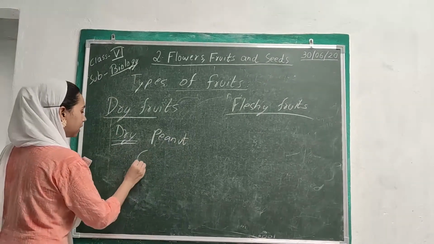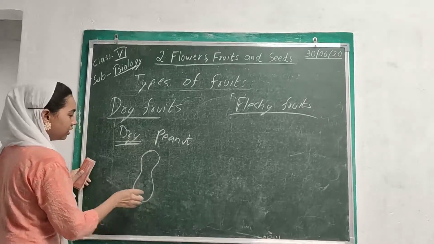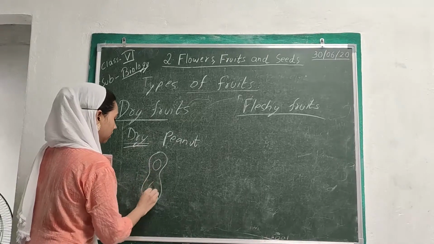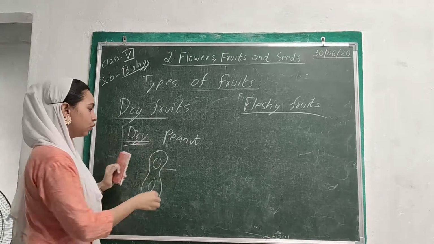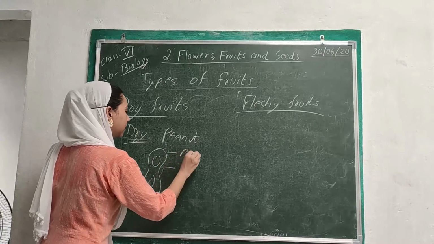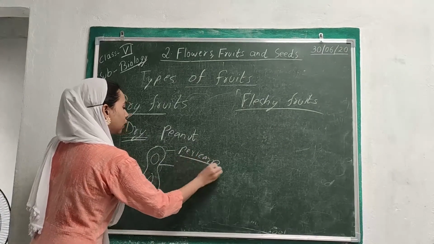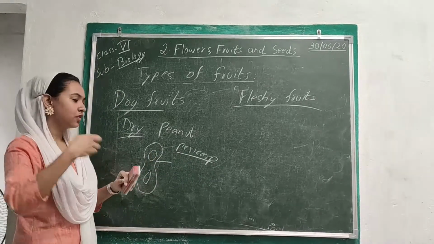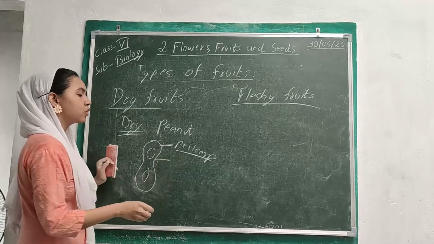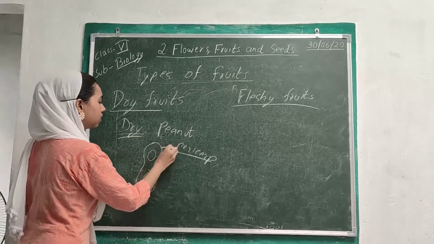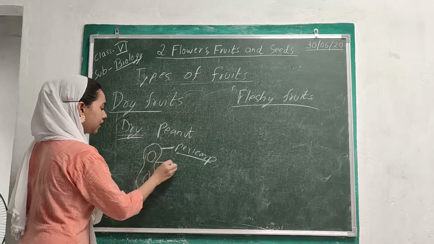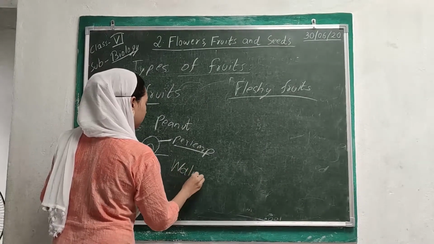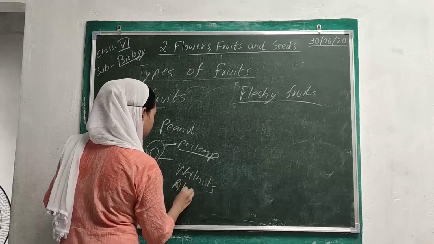Now when you eat a peanut, you have this kind of structure. This is actually a fruit. Then you break the shell, this brown color shell, which is nothing but the pericarp. In this part, you cannot distinguish anything. Do you have any edible part here? No. The entire thing is very dry. So the pericarp cannot be distinguished into the three parts, hence it is called a dry fruit. Inside you find the seeds which we eat. This is also found in walnuts and almonds.